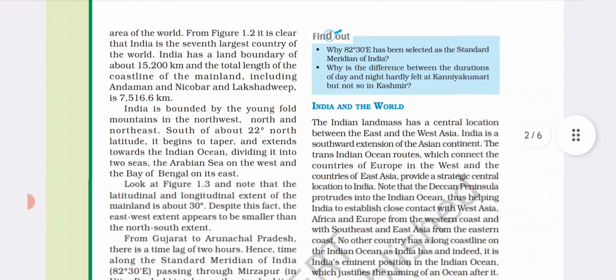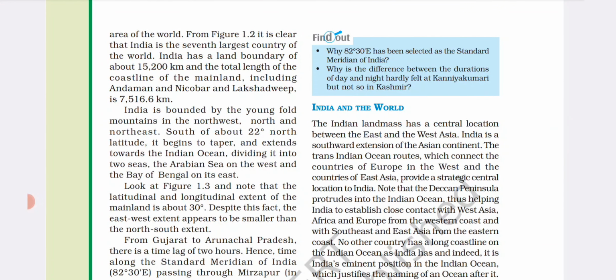From figure 1.2, it is clear that India is the seventh largest country of the world. India has a land boundary of about 15,200 km and the total length of coastline of the mainland, including the Andaman and Nicobar and Lakshadweep, is